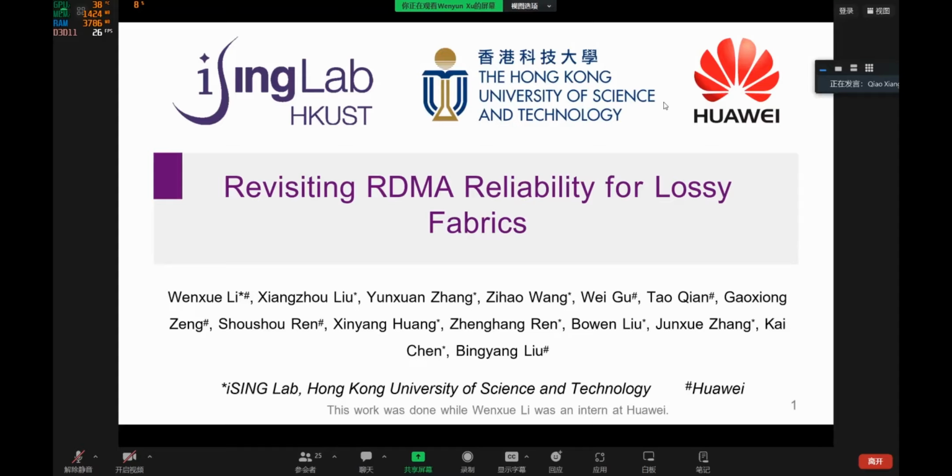As the title of the paper suggests, this one mainly focuses on how to make lossy RDMA networks efficient and high performance, and also reliable, of course. Since this is an educational initiative, for the first part of the meeting, Yunxue, a graduate student from Xiamen University, will present this paper as a good exercise for her. In the second part, Wenxue and Kai will have a discussion, and in the meantime, we'll take questions from the audience.